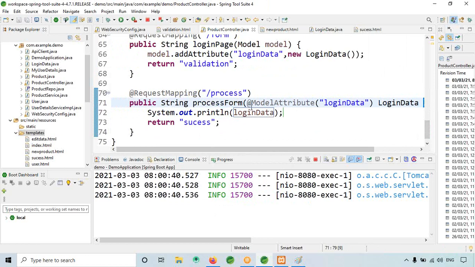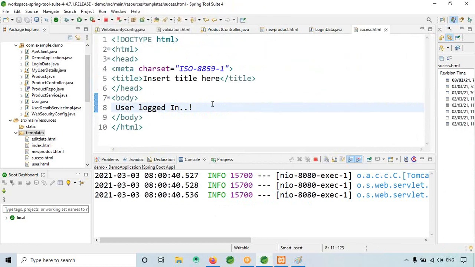Now what I will do is, it has to print in the success.html.